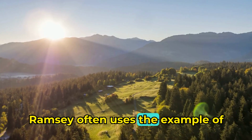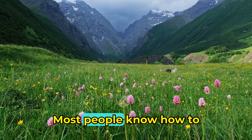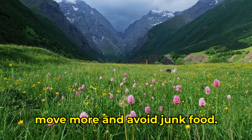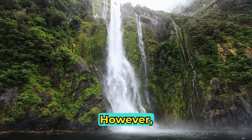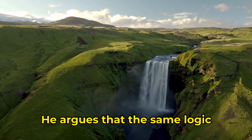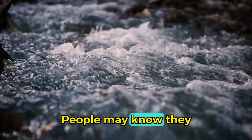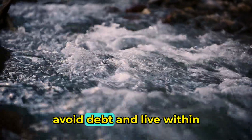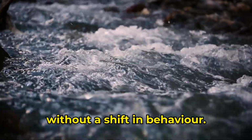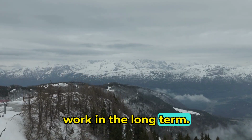Ramsey often uses the example of dieting to drive home his point. Most people know how to lose weight: eat less, move more, and avoid junk food. However, following through on this knowledge is the hard part. He argues that the same logic applies to money. People may know they should save, avoid debt, and live within their means, but knowledge alone isn't enough without a shift in behavior. Like crash diets, which rarely work in the long term,